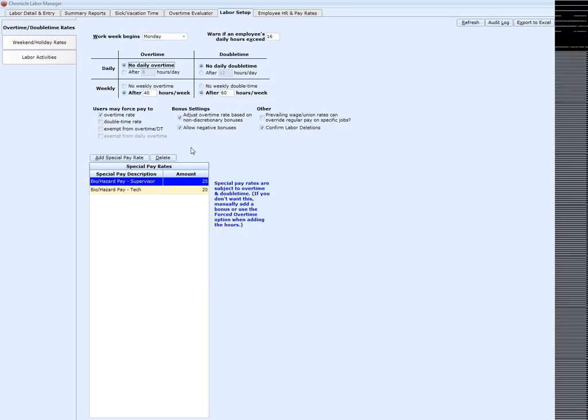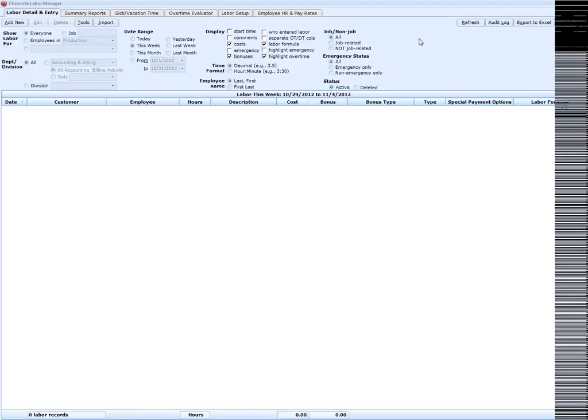Then you see these in the center of the screen, all these little check boxes. And you want to make sure you look at each one and see if you should check it or not check it. And you can always get help from us if you have specific questions about any of those. But what it's saying is, in a specific situation, can an employee do this? And here are some examples. This first column, users may force pay rate to overtime rate. That one is checked. That means if I'm entering labor,